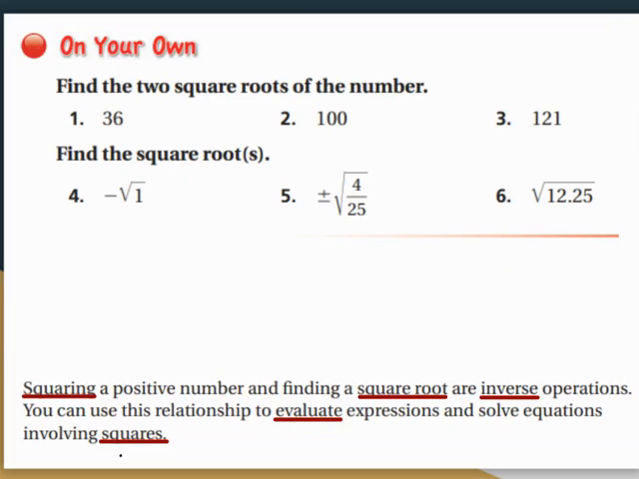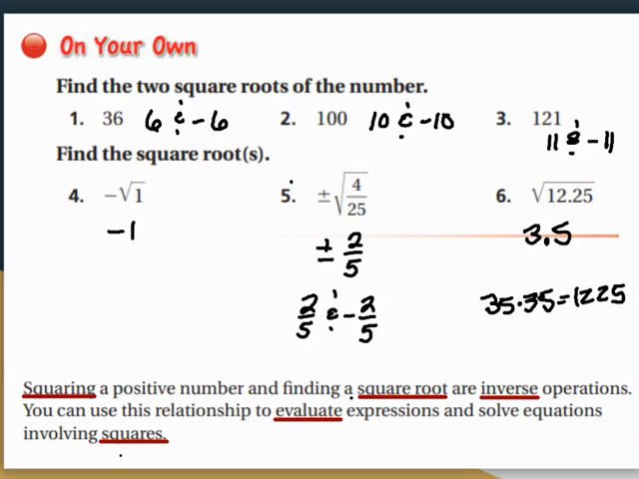Here are a couple for you to try. Find your square roots and then come back and check your answers. Okay, for number 1, I got 6 and negative 6. For number 2,